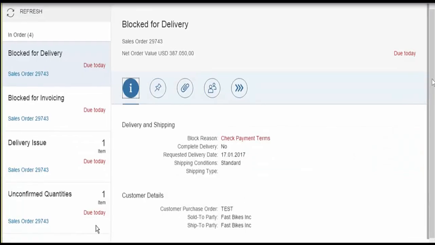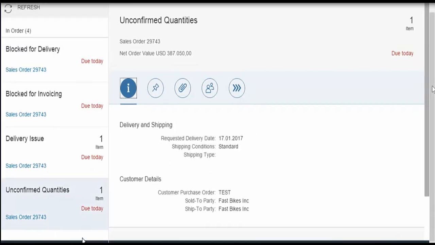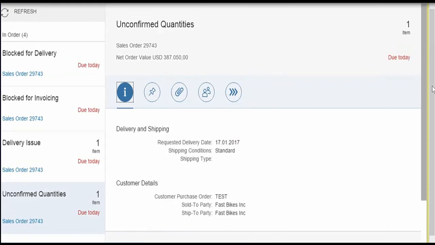While he gets into the details of the sales order, he finds that the sales order has already been blocked for delivery and for invoicing. He also observes that it is showing unconfirmed quantities of bikes for delivery.